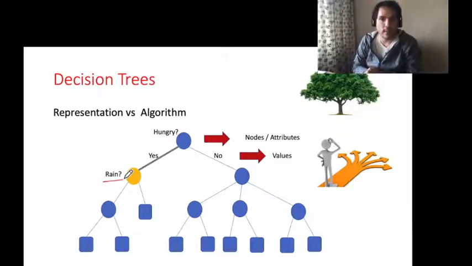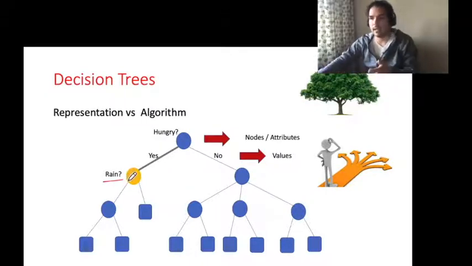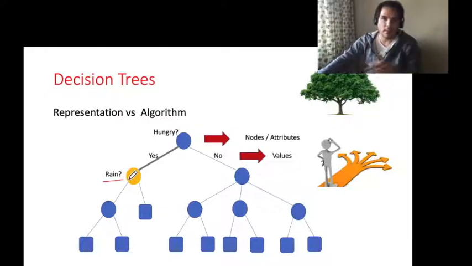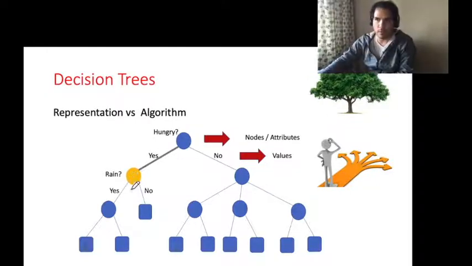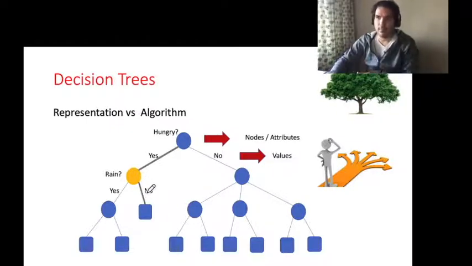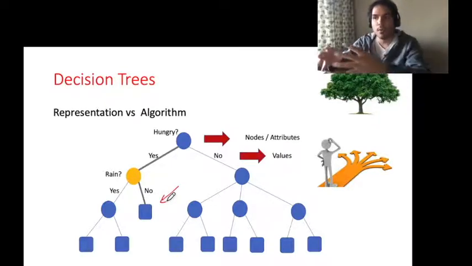it is going to be raining. Okay, so we have to check the rain attribute. Again, we can assume that this is going to be a binary problem. It's raining or it is not raining, and then we go one direction or the other direction. For example, if we come here, in this particular example, we arrive at a